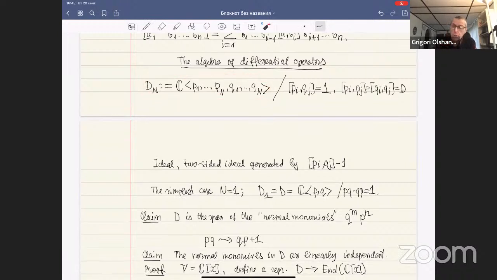Again, we can consider normal monomials, which means that the q variables are put on the left and the p variables are put on the right. And the normal monomials are linearly independent, which implies that Dn